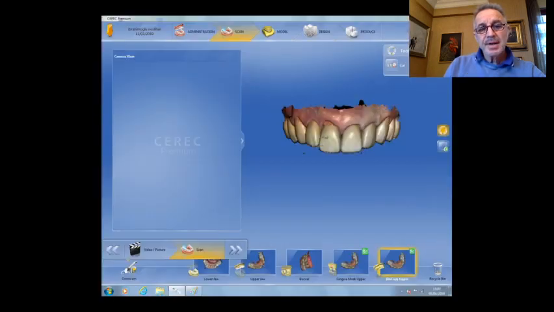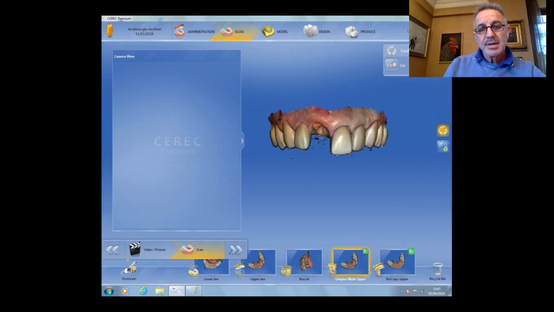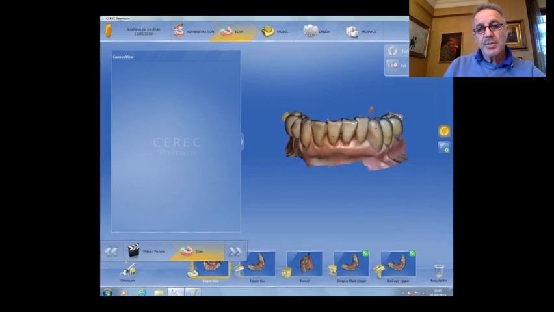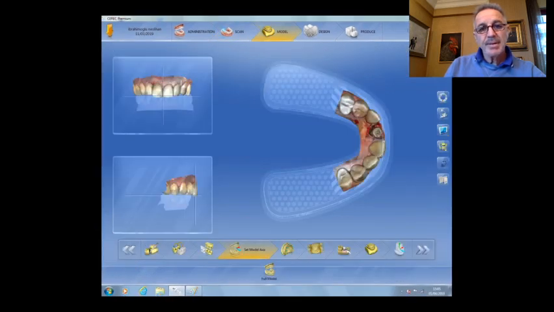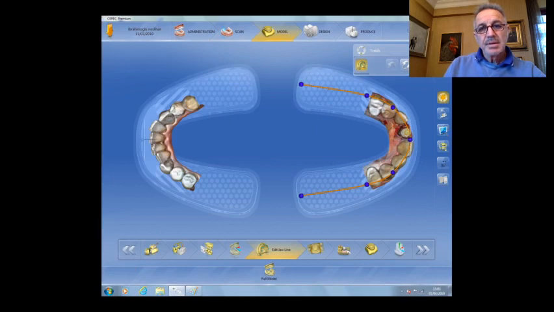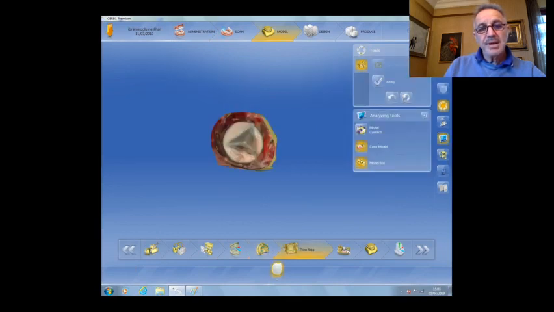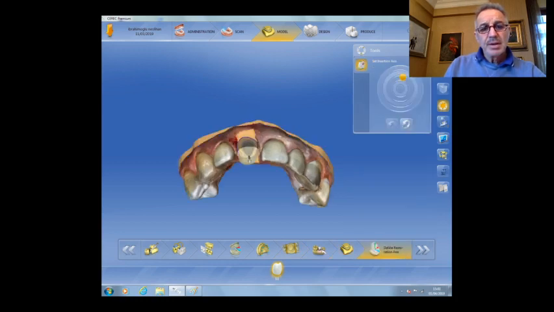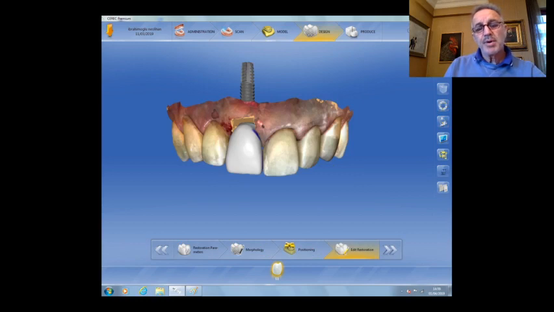So before the extraction, usually we take a scan from the patient. After crown removal, another scan. Then bite registration, lower jaw, and some adjustments according to the system you are using, trimming, and